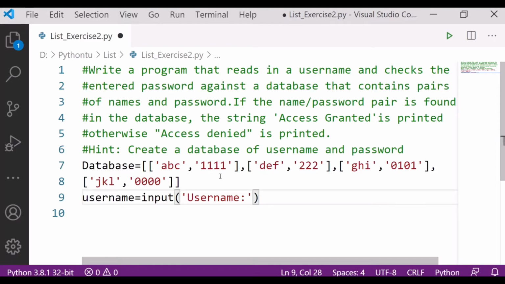Okay, so I will take the input from the user. I hope this step is clear to you.